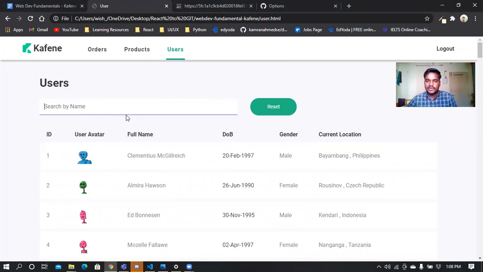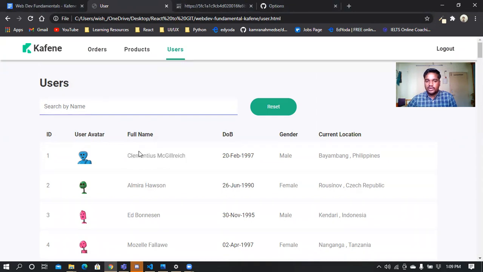It does not have filter functionality through a checkbox. It does have filter functionality via the input box. Here we can input our string value, and accordingly it will search based on the full name. It will check whether the input we provide in the input field matches a subset of that particular string or not.